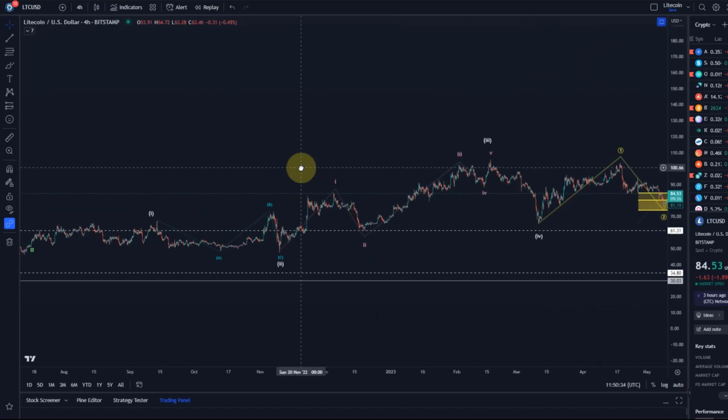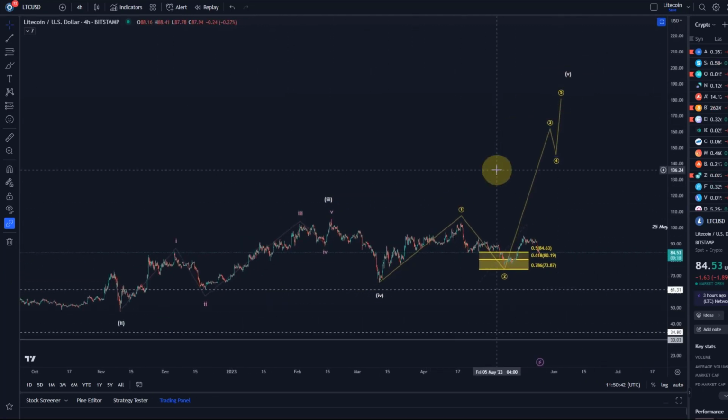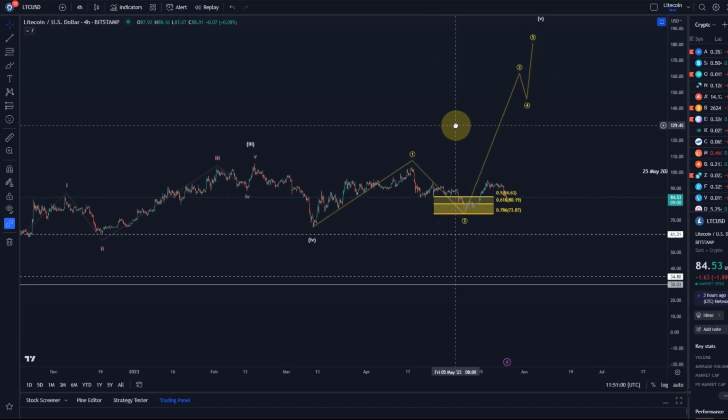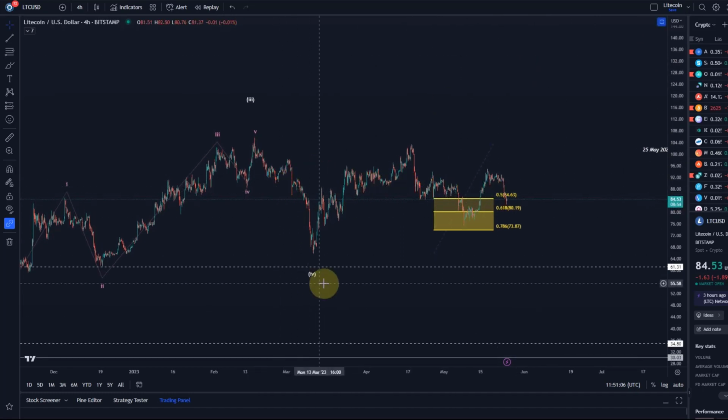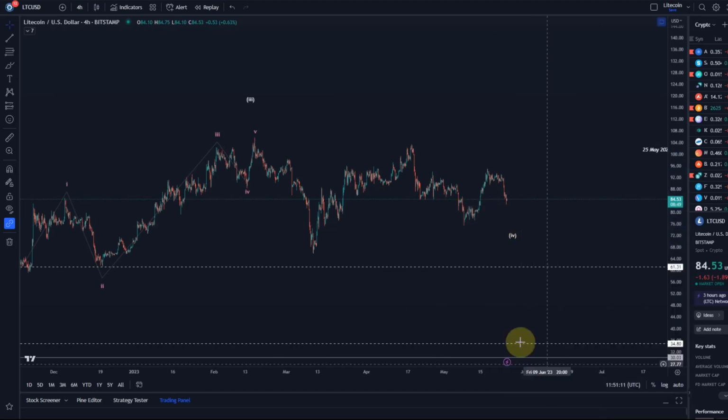But I like that count much better because then we have a 1-2 setup here, 1, 2, 3, 4, and just one more wave up in the 5. It looks cleaner. And we could say, okay, in this wave 5 then we have here a 1-2 setup. But the problem is that we just created a 3-wave structure to the upside. That's not great. There is always a chance to rally, but I would rather say it's probably more likely in a structure in which I'm counting this as a triangle, so that the actual wave 5 is just a triangle. Let me take out that yellow box.